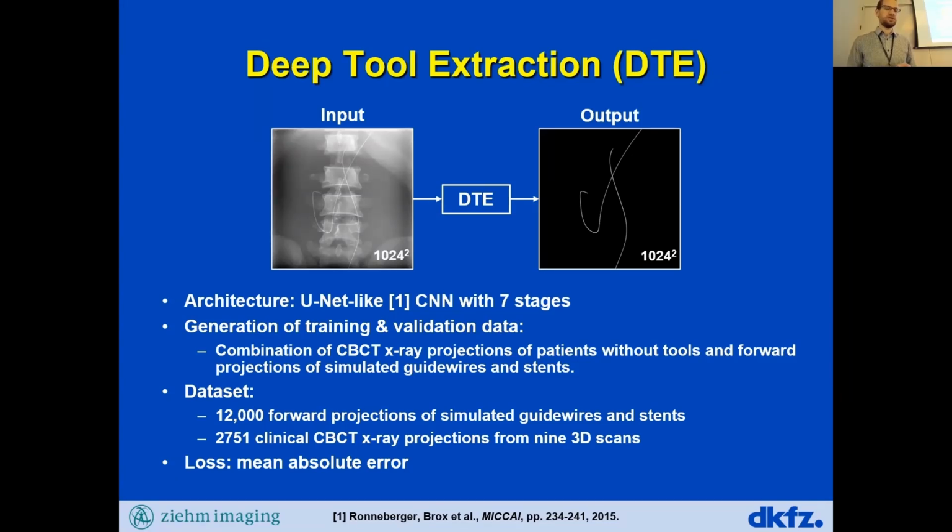The training and validation data were generated by combining cone beam CT X-ray projections of patients that didn't contain interventional tools and forward projections of simulated guide wires and stents. In total, we generated the data set from 12,000 forward projections of simulated guide wires and stents, and about 2,700 cone beam CT X-ray projections of patients that came from 9 different 3D scans. As a loss function, we used the mean absolute